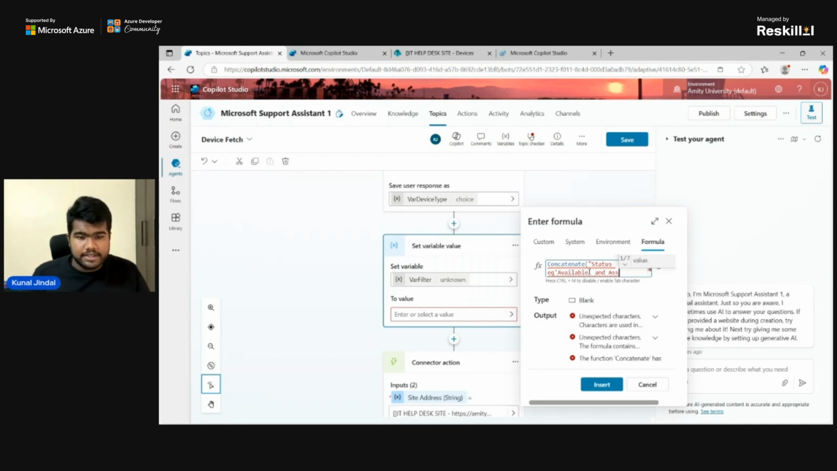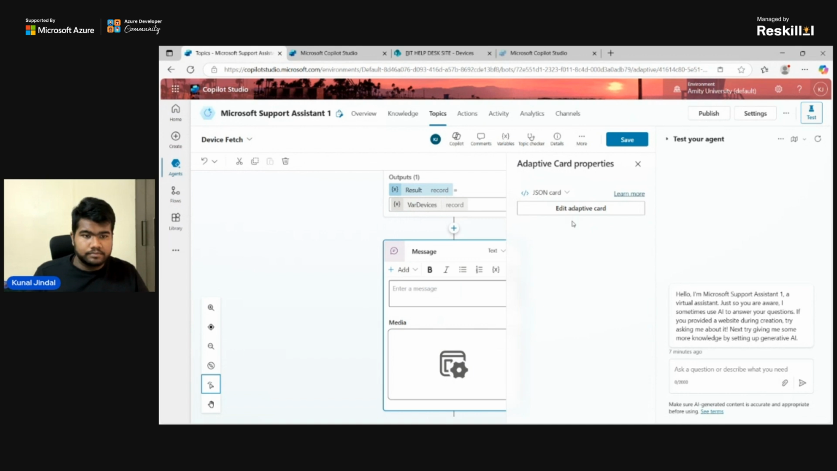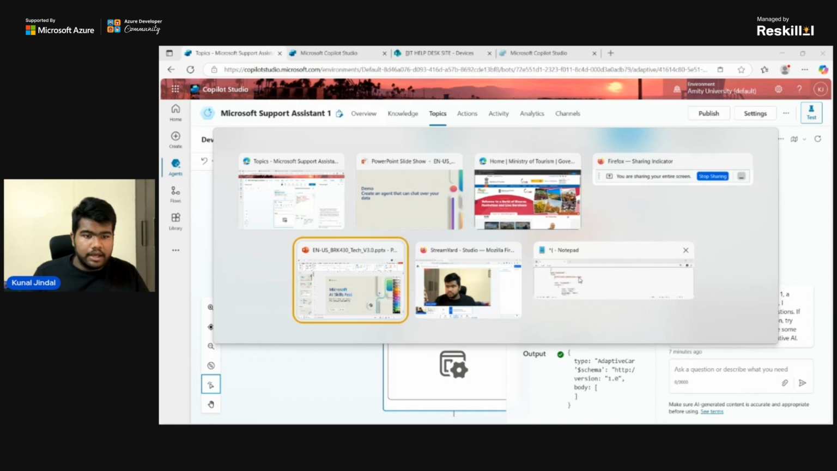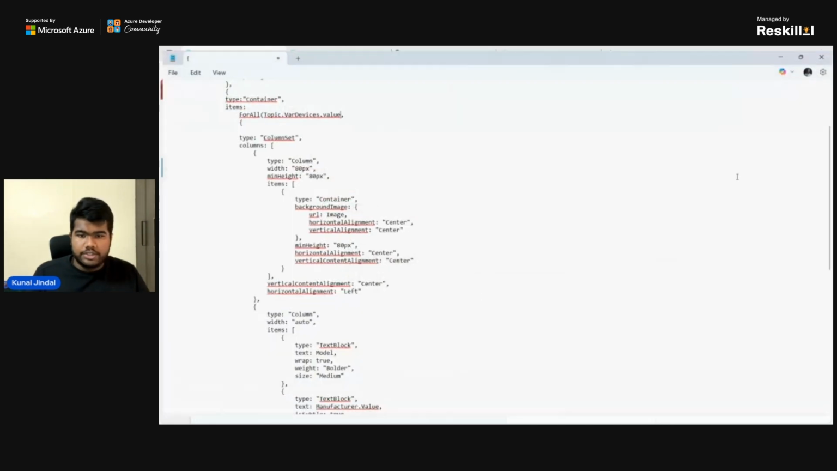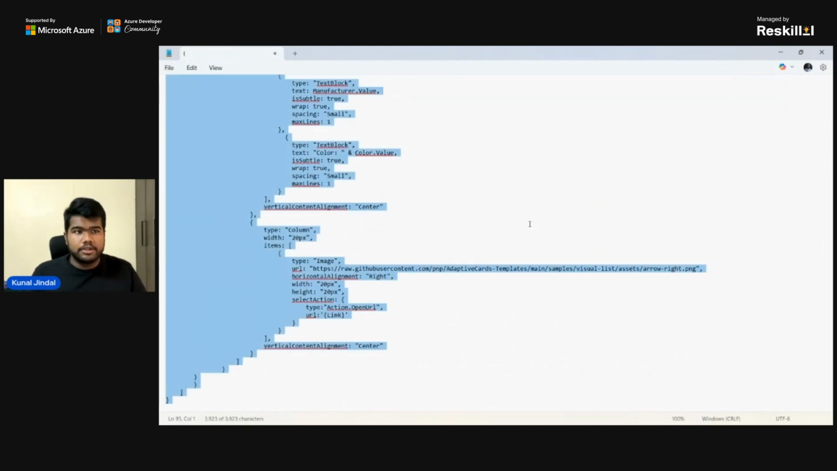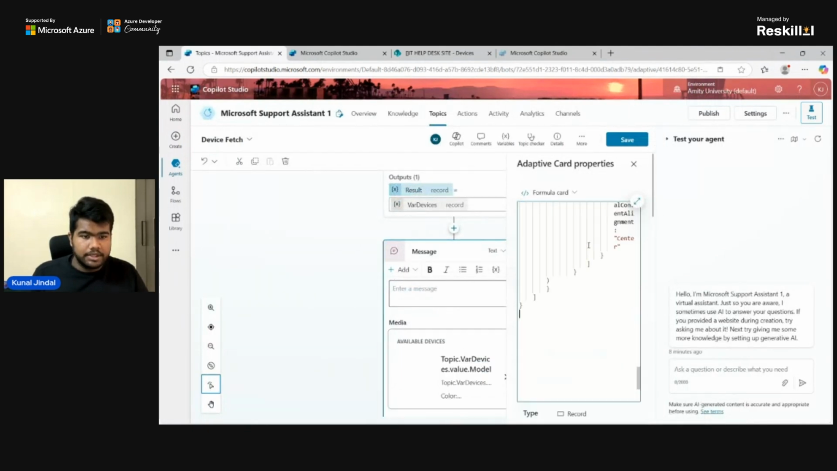The next thing we do is send a message. So you want to have a response back from the agent to our chat window. We'll be using message for that. And to make it a good looking response, we'll be using an adaptive card. So we already have this code which can be used to make the adaptive card. I'll show you the resources for building it as well. I'll place it here